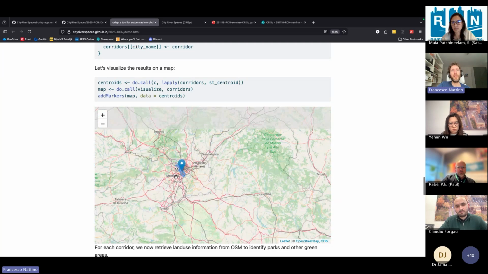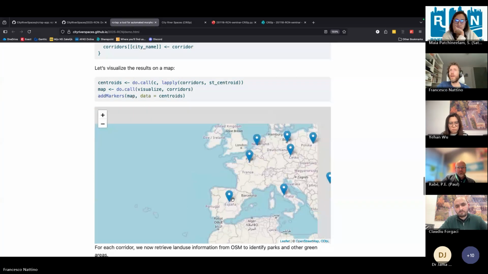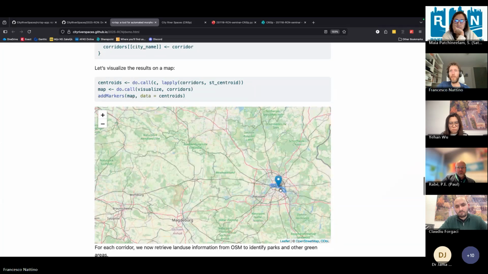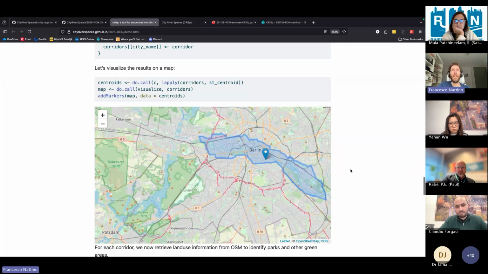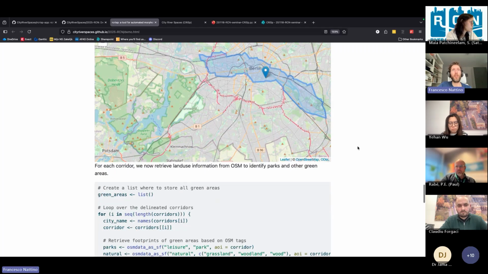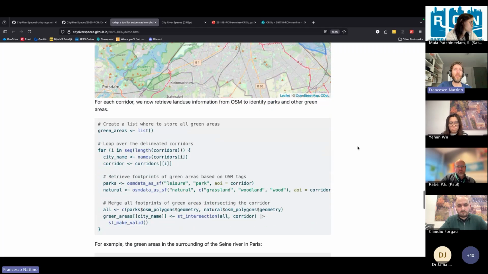This is Madrid, or Berlin here. You see that without having specified regional specific parameters, we have been able to draw these boundaries in a neutral way, as Claudiu has already described. So we then use these corridor geometries to retrieve